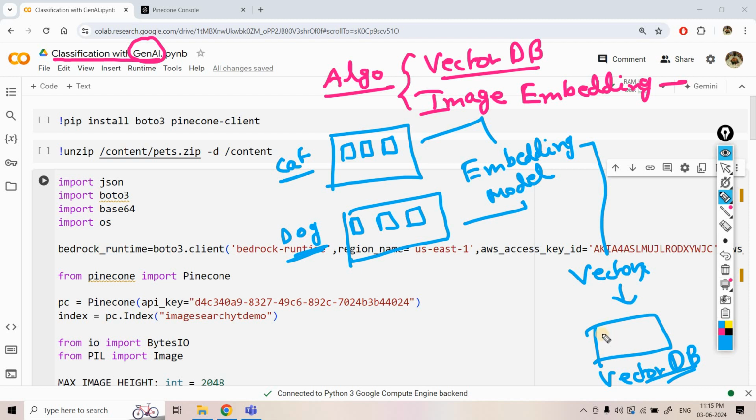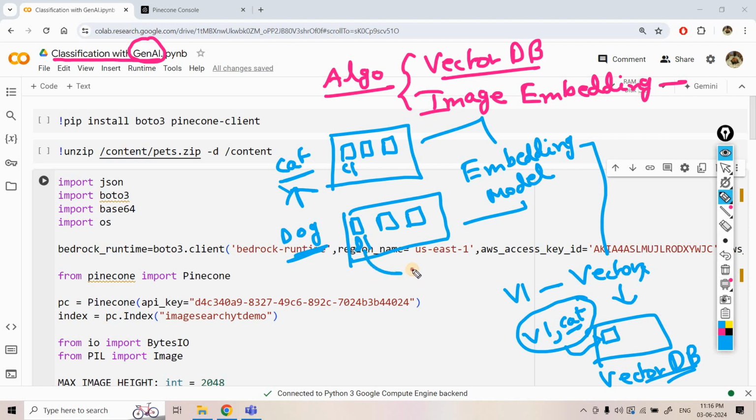But while storing in this case what we'll do, we will store the vector representation of a single image, and along with that we will add some metadata in the vector database. For example, let's consider this image as C1. So when we will pass via embedding model, we will get its vector representation, let's consider V1. So in this vector DB we will store V1 vector as well as a metadata information we will store its class. Okay, that is cat, because for this particular image the class is known and that is cat, right? So the vector representation along with the actual image class for our training dataset, this combination information we will store in vector database. So like that for the dog image also, for example, this particular image is, let's consider D1,